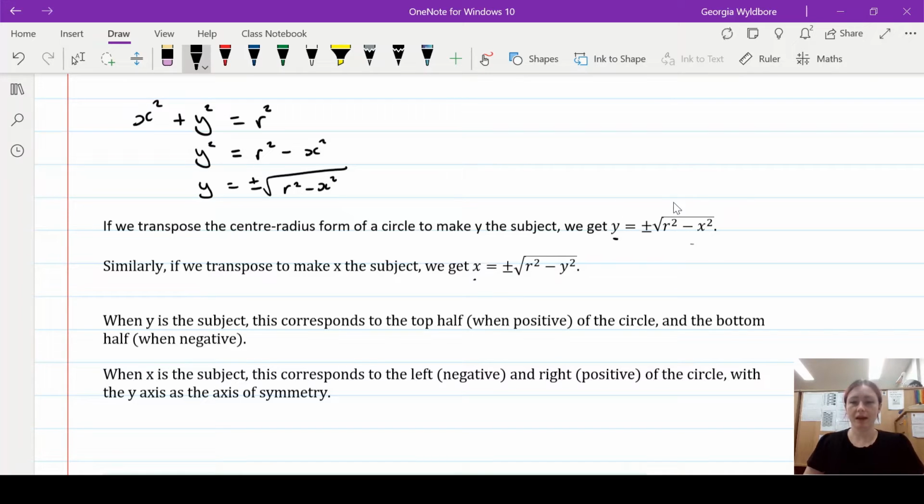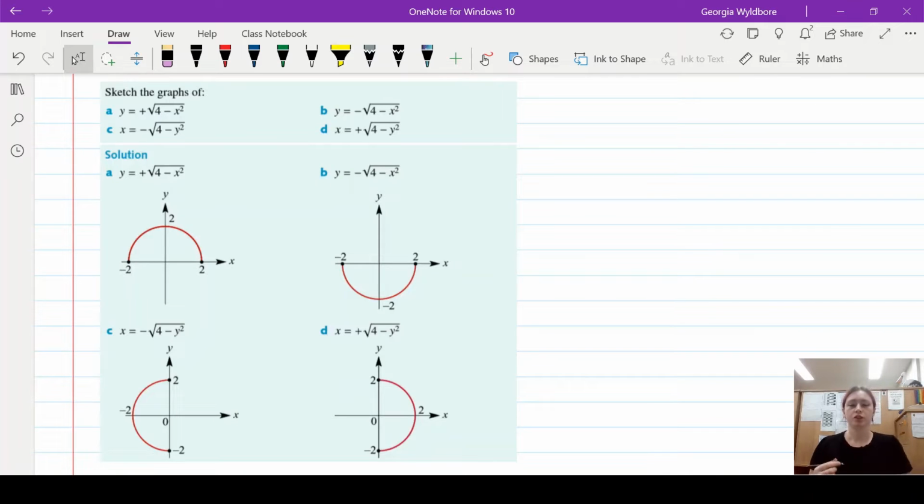So when y is the subject in this first one, what this corresponds to is either the top half of our circle or the bottom half of our circle. When x is the subject, this is going to correspond to the left or right side of our circle equation. And obviously, without any kind of translations, the axis of symmetry is going to be that axis, depending which one we're looking at. So just a quick example here, saving time because we don't need to sketch all of these,